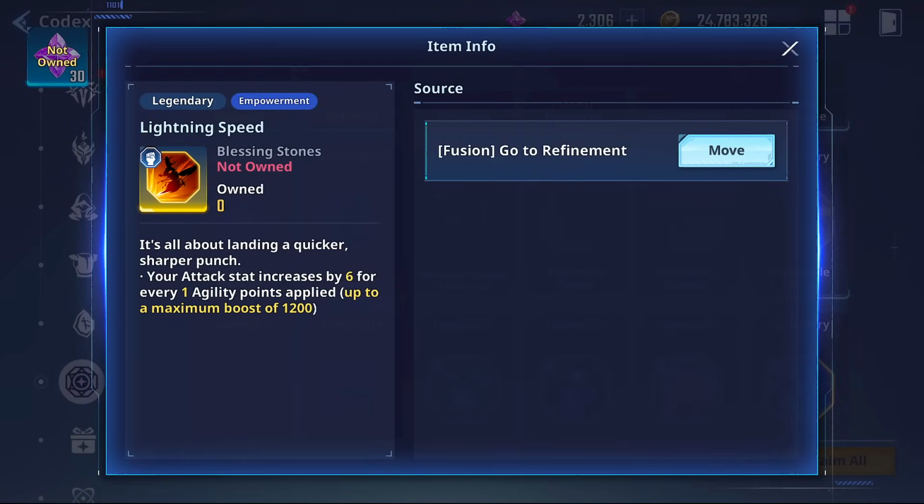It's all about landing quicker, sharper punches. Your attack stat increases by 6 for every 1 agility point. Oh no, they did it. They made an Intuit for agility. Okay, so the reason they're doing this, and why they did Intuit too, is because a lot of